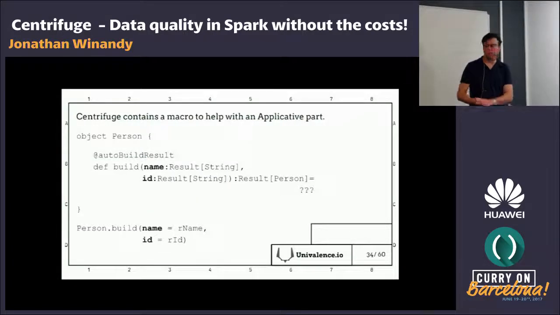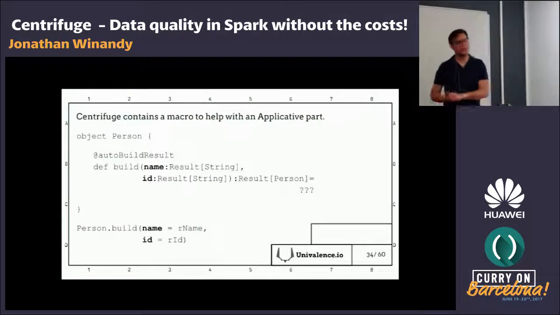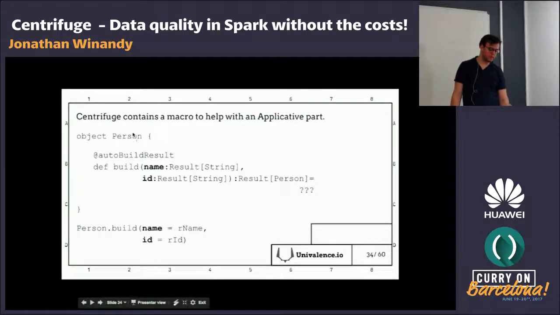So what we did is we defined a macro to replace the applicative and instead use generated functions. For example, if you want to construct a person with values that are encapsulated in this validation scheme, you can use the build function and pass the fields, and then you get a person.